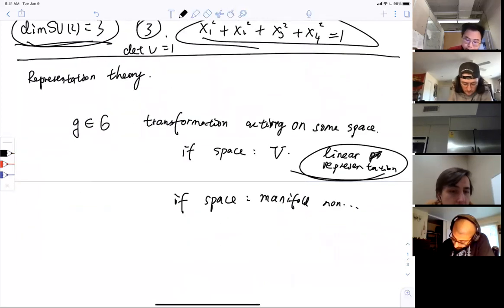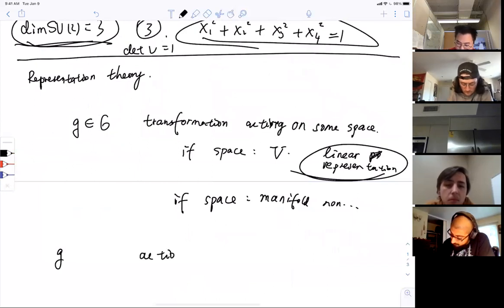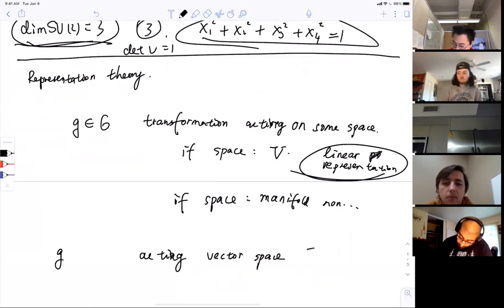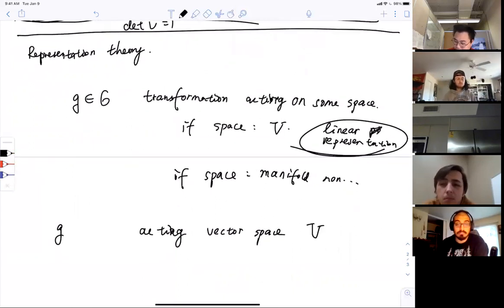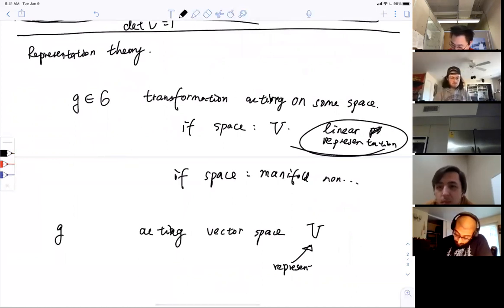Basically, we consider an element in the group as a transformation acting on a vector space. Let's denote it as V. And V is known as the representation space of this group